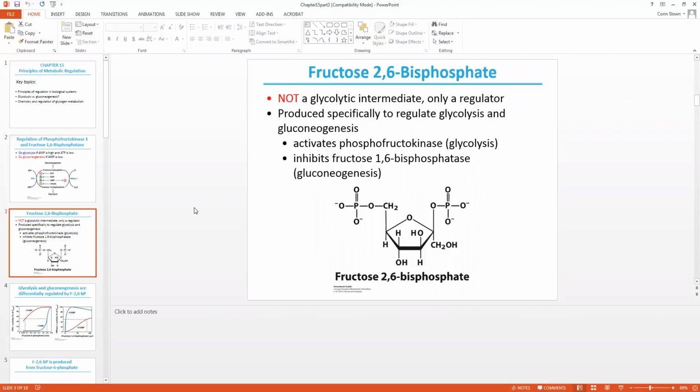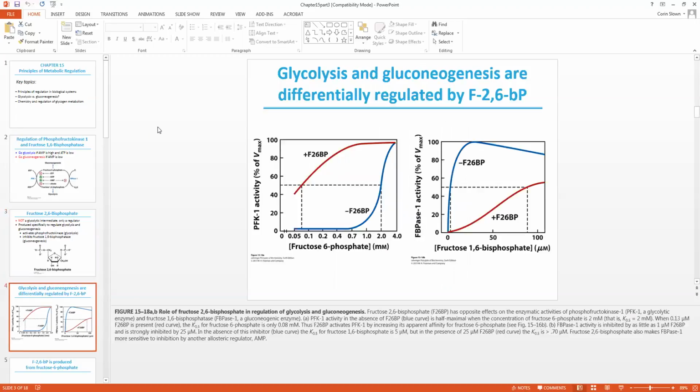If you look at fructose 2,6-bisphosphate, it's not a glycolytic intermediate, it's only a regulator. So it's produced specifically to regulate glycolysis and gluconeogenesis. It activates phosphofructokinase for glycolysis, and it inhibits fructose 1,6-bisphosphatase for gluconeogenesis. Because glycolysis and gluconeogenesis are actually differentially regulated by fructose 2,6-bisphosphate. When we're looking at this, really it's the fructose 2,6-bisphosphate that has opposite effects on the enzyme